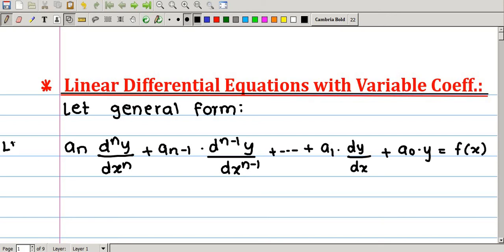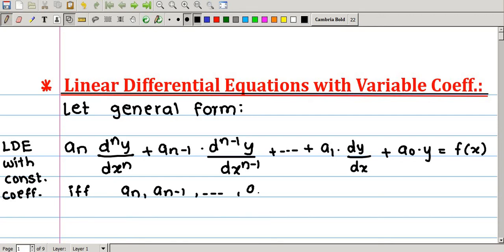This is a linear differential equation. It is said to be with constant coefficients if and only if an minus 1 up to a0 are constant terms,